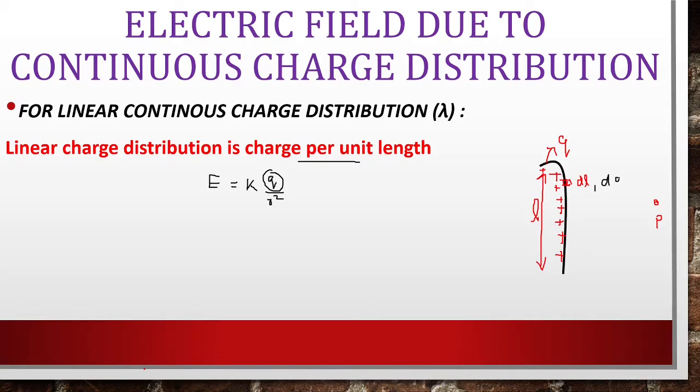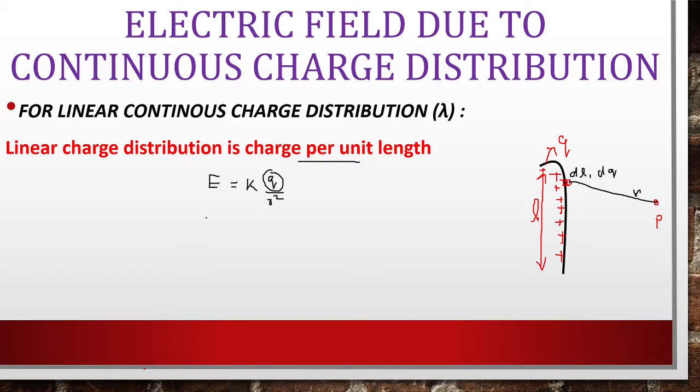So we got the dq. Okay, and the distance between this small length and the point P is r. So we have got all this equation. Now we can consider this dq as a point charge and apply it in the equation. But we should consider that since it is a small length element dl and dq is the charge present in it, the electric field experienced at point P due to the small length element dl is equal to dE.